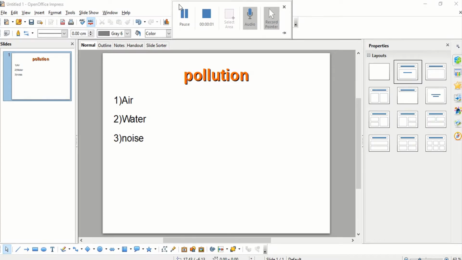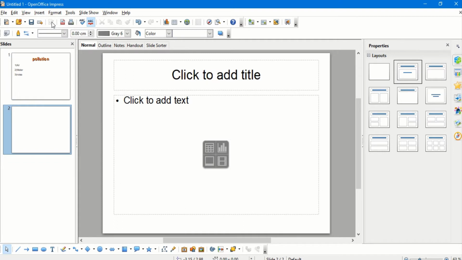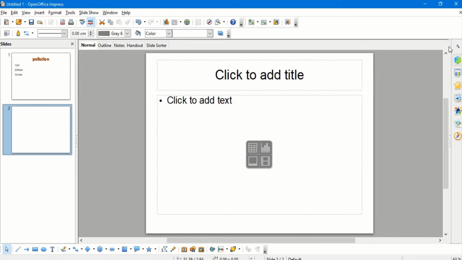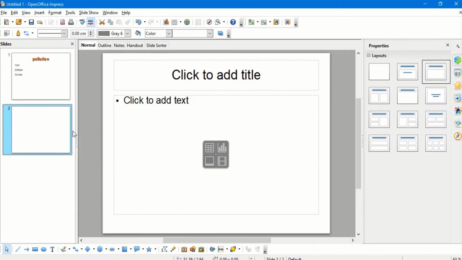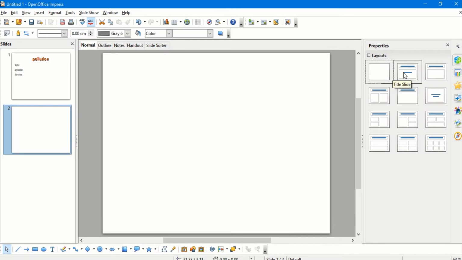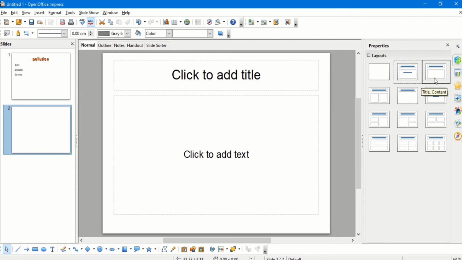We will now see how to insert different types of objects into a slide. Now, inserting a slide can be done from the insert option, the slide menu, and when I click on a slide, then the layouts of the slides are visible to me in the layouts option. Now, by any chance, if the layout is not seen and you want to change the layout, you can also click on the format option and click on the layouts, then the different slide layouts. Now here, the blank layout or the title slide, and even the title and content.